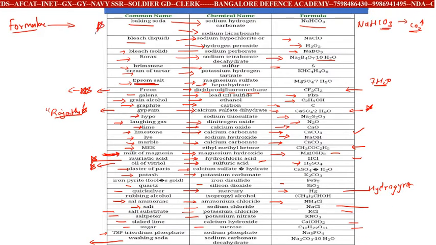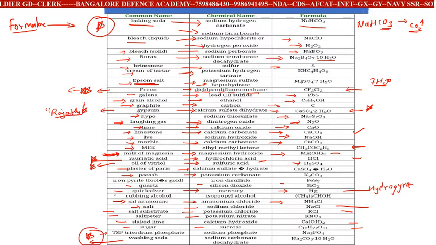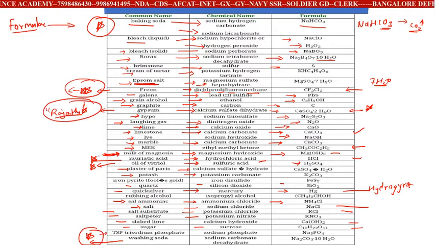Most of the time, the exam may ask you what is the chemical formula of baking soda, or what is the chemical formula of washing soda. Other than that, they may ask you about freon, then gypsum, and there is a possibility of asking the rest of the questions like oil of vitriol. So this is what will be asked from a small section of chemical formulas in the subject called chemistry.